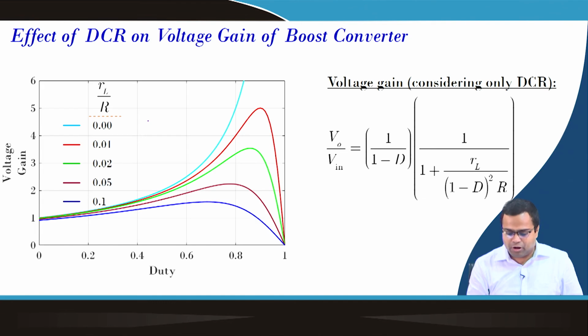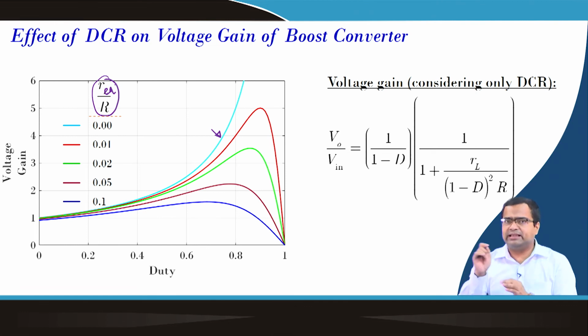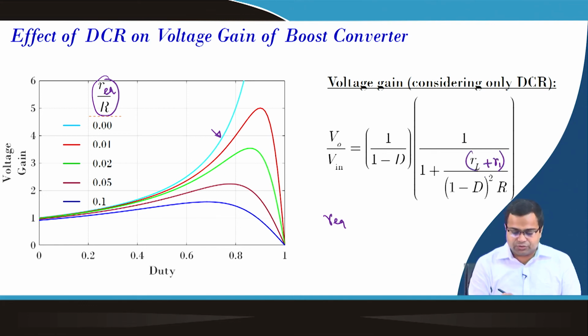And if you plot the voltage gain for this synchronous boost converter, for the ideal one, here I am showing RL by R, or basically here you can think of R equivalent. If you take R equivalent by R, which we are ignoring the ESR effect for the time being, this R equivalent captures both the on state resistance as well as the inductor resistance. Okay. So, this R equivalent, which is RL plus R1,